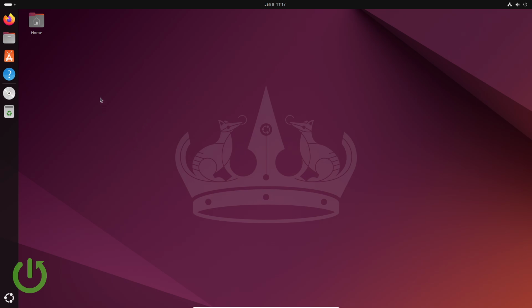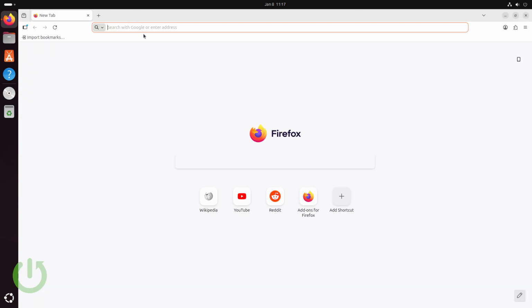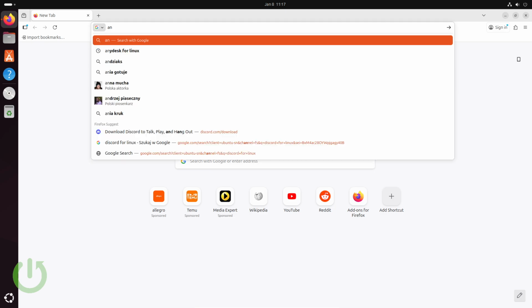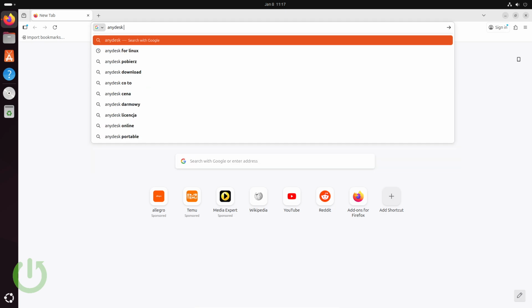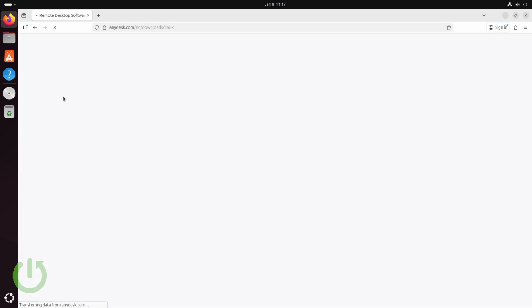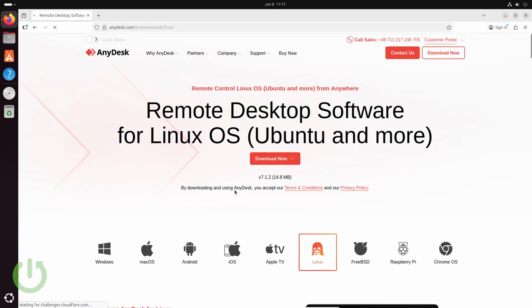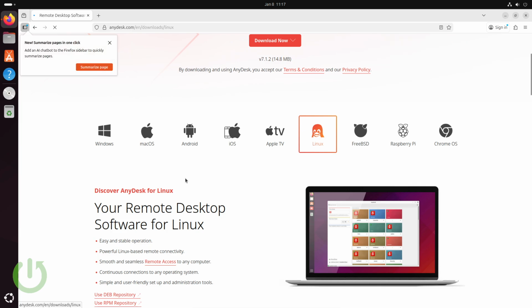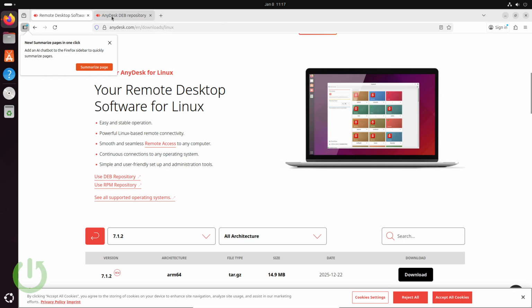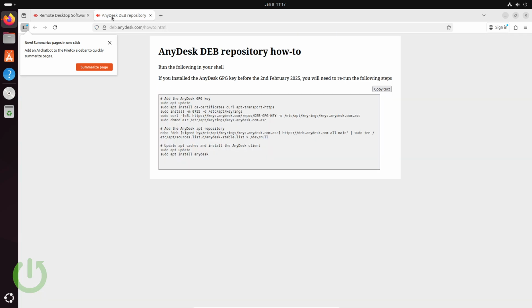So first of all, we have to go into the browser and we will see the steps that we need to do on the official AnyDesk site. So I will type AnyDesk for Linux. And now we have this site. We have to simply go into the Linux section and I will use a deb repository. So I will go into the deb repository